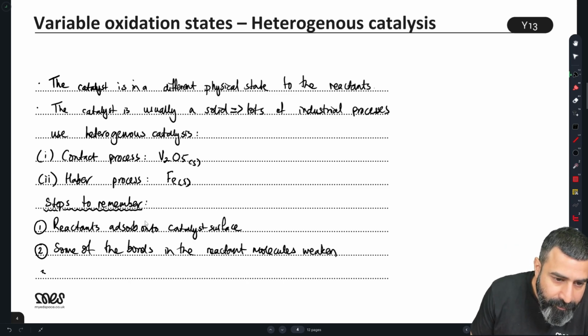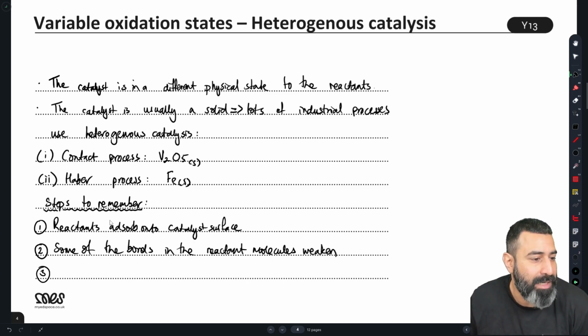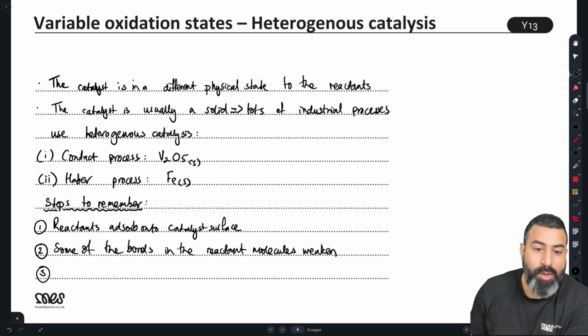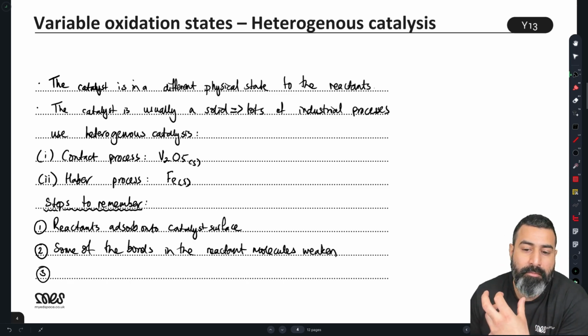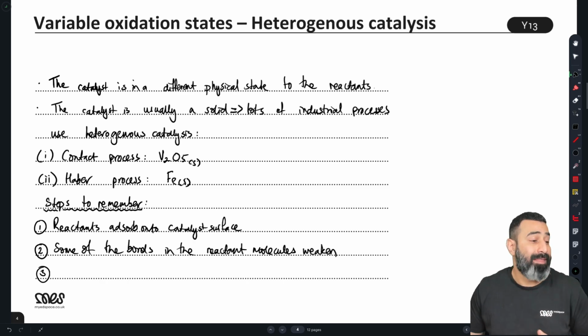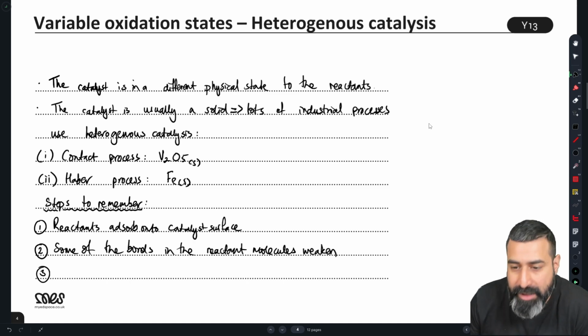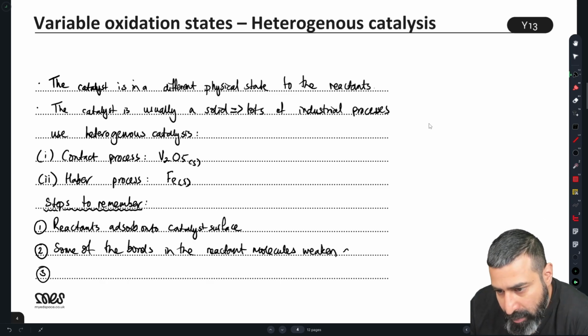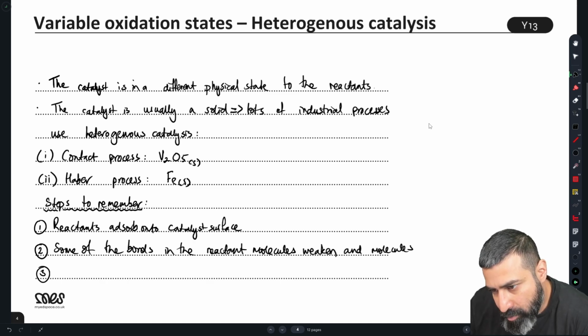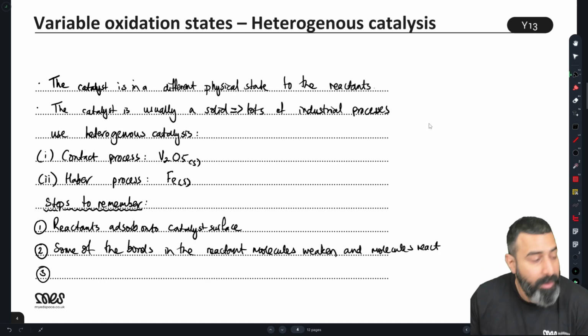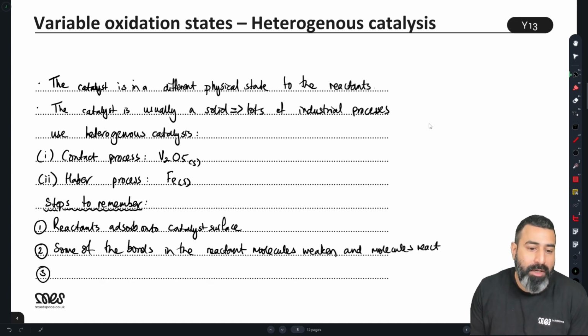And then what's going to happen next? So what happens next is once the reactant molecules have had their bonds weakened by adsorbing onto the catalyst surface, a reaction takes place. So we're going to say that some of the bonds in the reactant molecules weaken and the molecules react. And once they've reacted, they form products, and then the products are stuck on the catalyst surface, but then